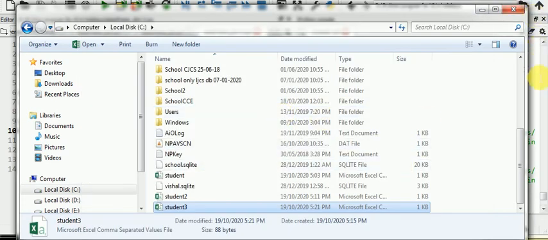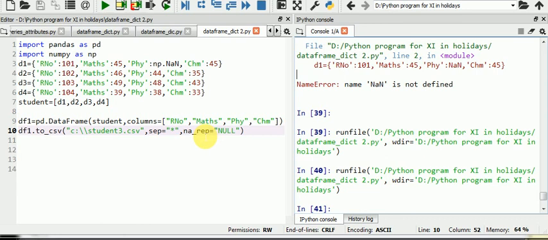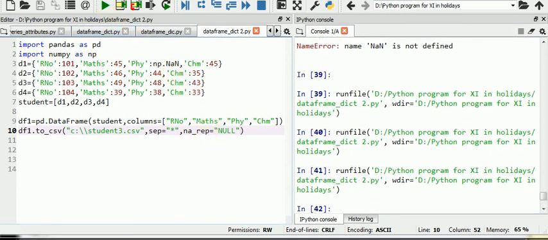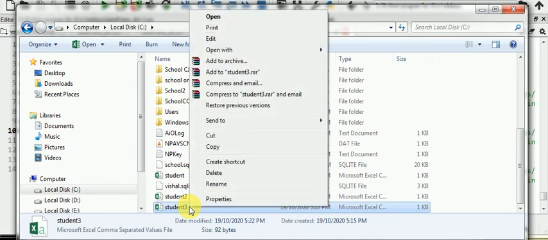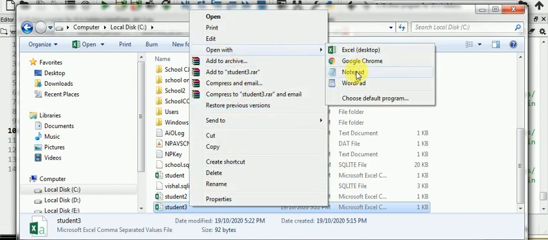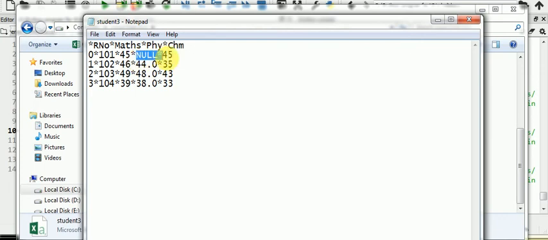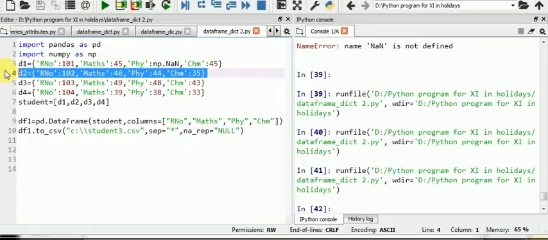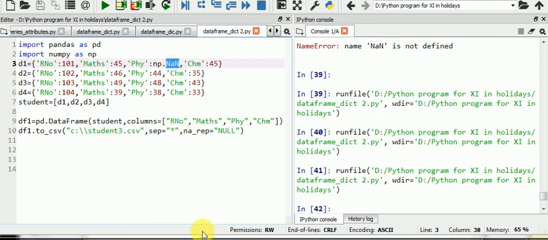For that purpose we assign na_rep equal to null, meaning whenever it finds a null value, it displays the null statement in that place. Open with Notepad. Look here, null appears here. It displays null because in this column we assigned a null value in the code, for roll number 101. So this is the way for reading and writing data in a CSV file.